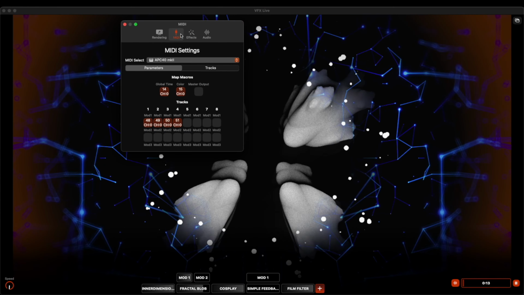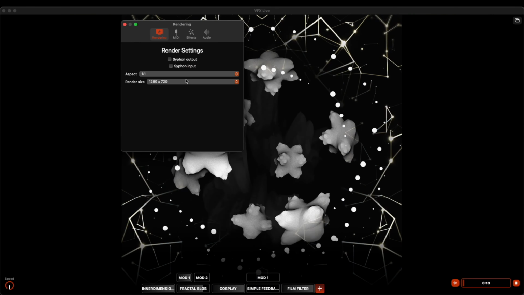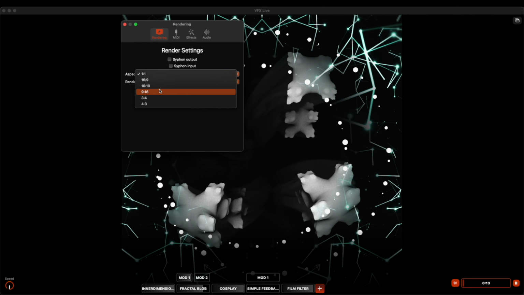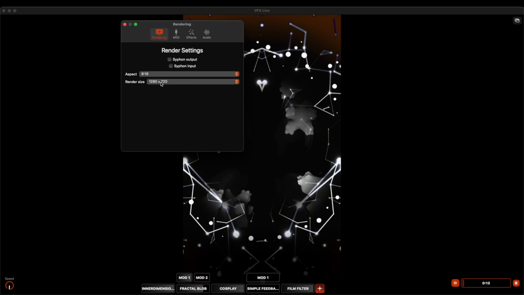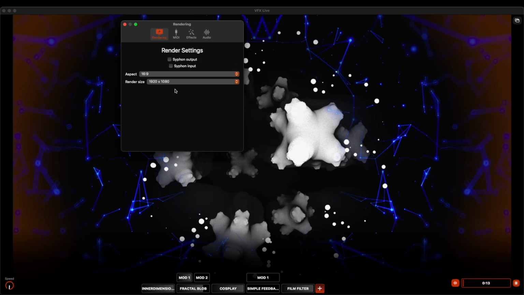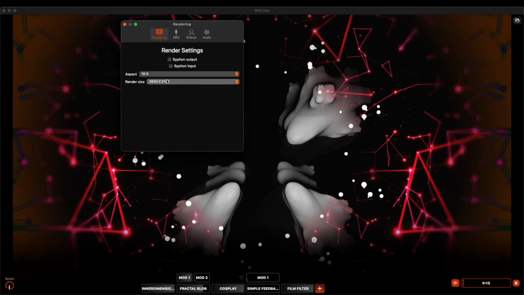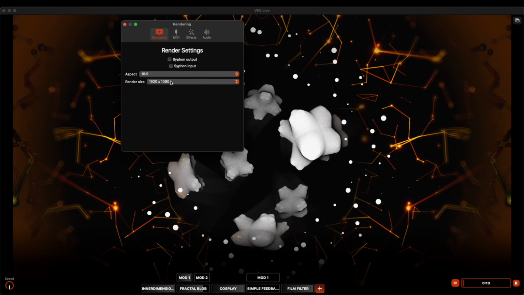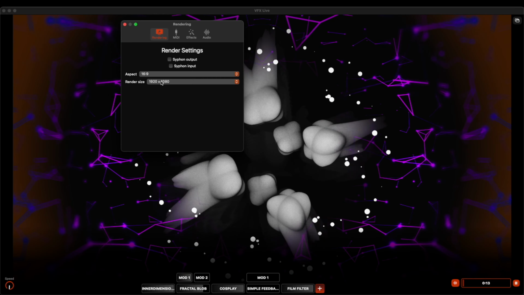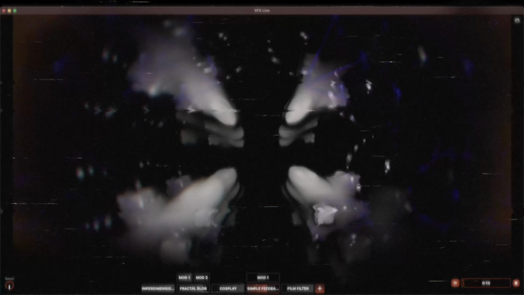You can do rendering, Syphon input, output. You can change the format here. If you want to do 9:16 or whatever, you can choose the render size, go up. It supports up to 4K, but my computer can't handle it. So if you have a monster giga computer, go ahead, do it. Yeah, I guess that's it for now. There's going to be a bunch of updates coming, of course, and